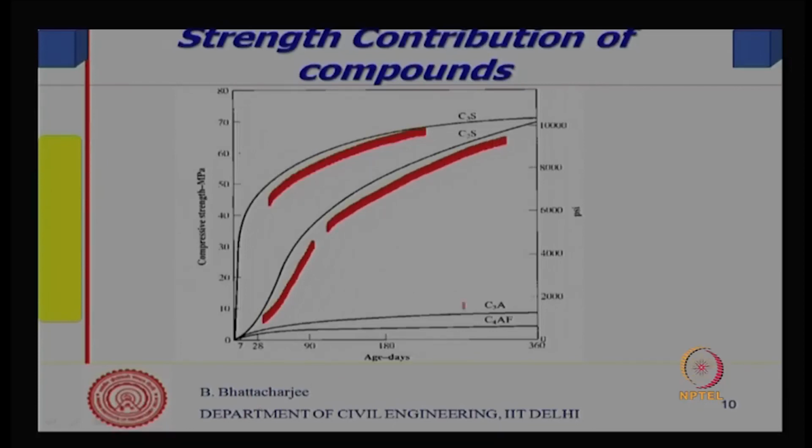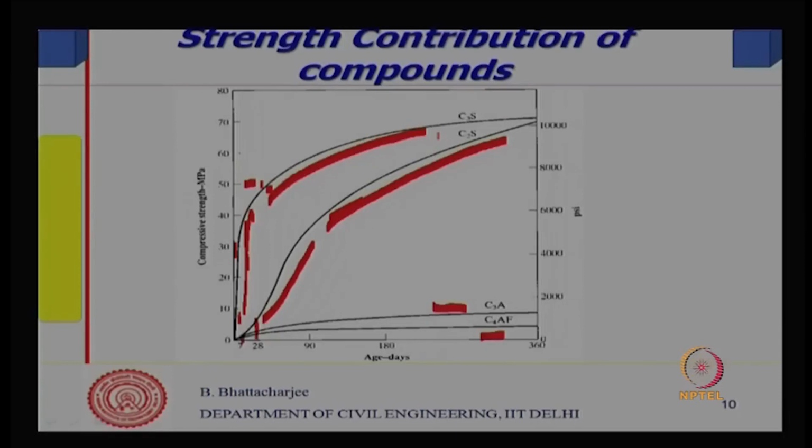It follows like this, and C3A contribution to strength is less, and C4AF contribution to strength is even less. So, initial strength normally comes out within 7 days, because we are talking of days, from C3S. C2S contributes at 28 days, and it does contribute significantly to long term strength. But you see, if you look at C3S after about 28 days, there is hardly any strength gain; the rate of strength gain has